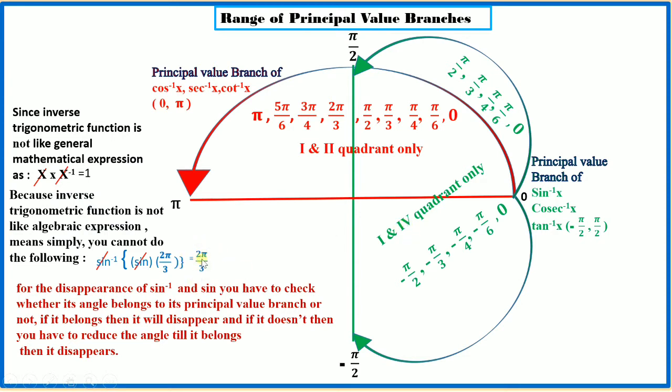So now this is the second quadrant, so you cannot remove these two and simply write 2 pi by 3. For that you will have to go a little further, reducing it. The procedure of reduction I will explain in the exercise. Okay, so that's all about this explanation. You have to remember here, these 3 inverse trigonometric functions will have first and fourth quadrant, and these 3 inverse trigonometric functions will have first and second quadrant only.